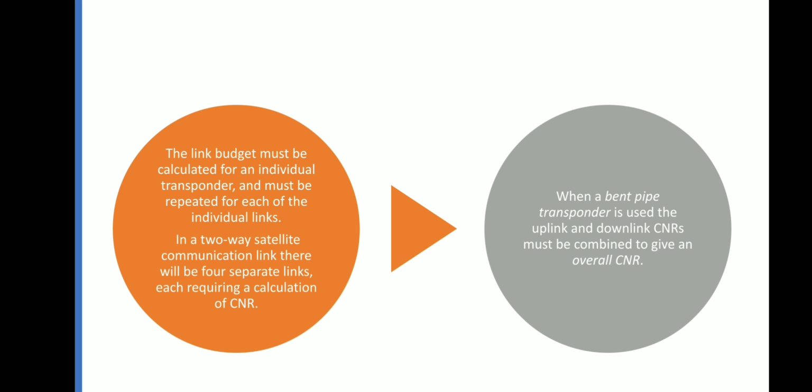If you see the overall system, it has uplink and downlink. When a bent pipe transponder is used, as an example, uplink and downlink CNRs must be combined to give the overall CNR. This calculation of the overall CNR with the help of the individual CNRs of uplink and downlink will be dealt with in the